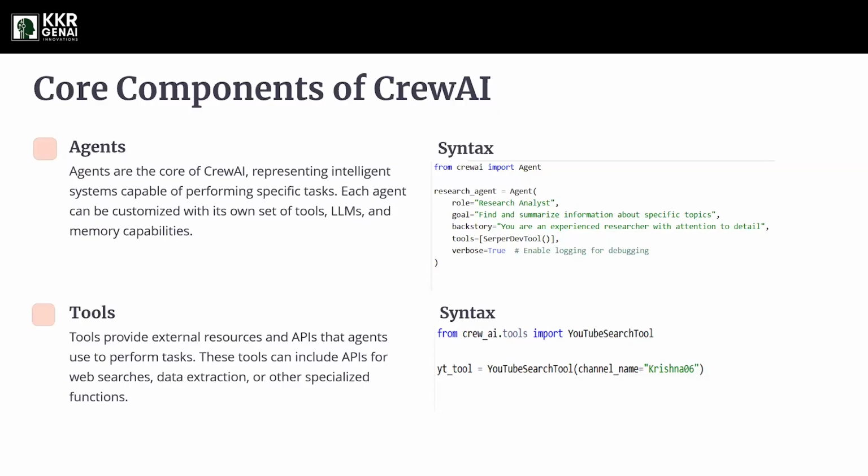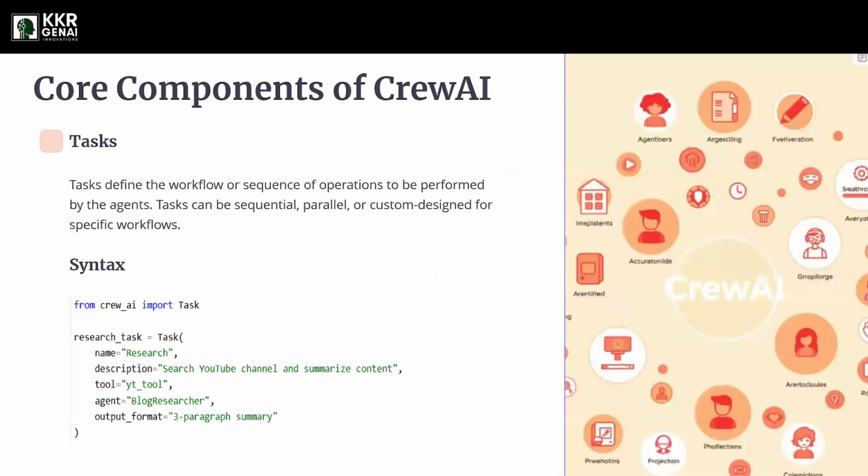The third core component is tasks. Tasks are nothing but specific instructions and goals given to our AI agents. If the agents are team members, tools are their equipment, and tasks are the projects or assignments that are given to them. Think of a software company with a team of 10 people.